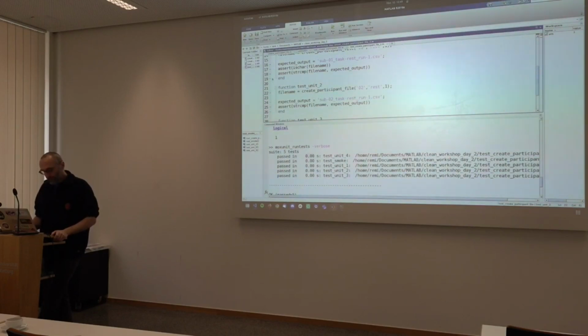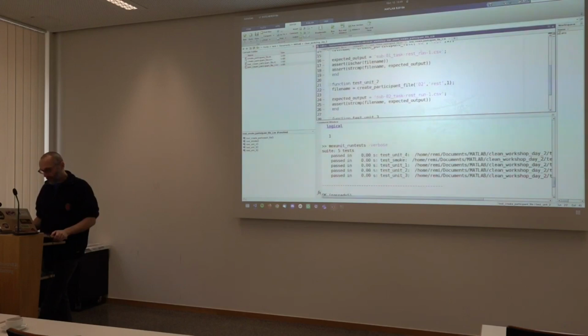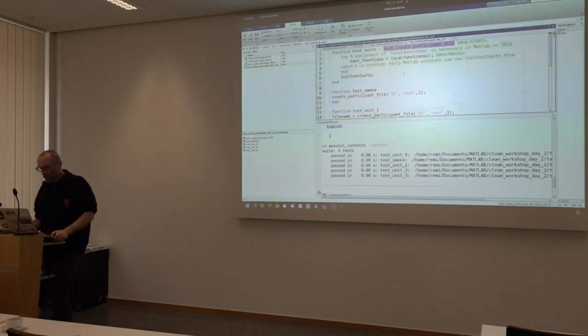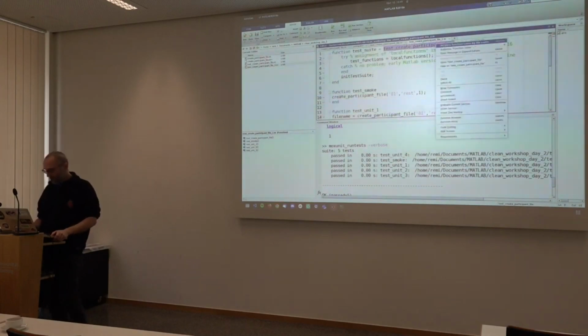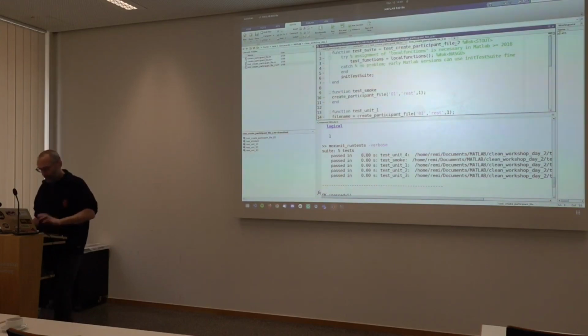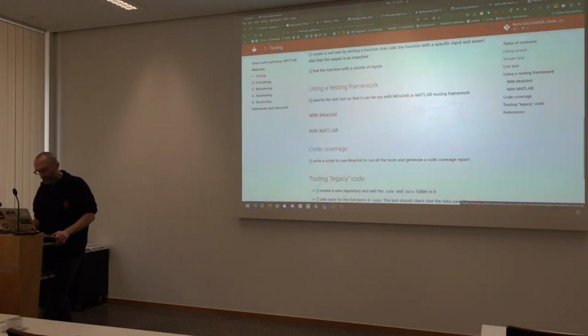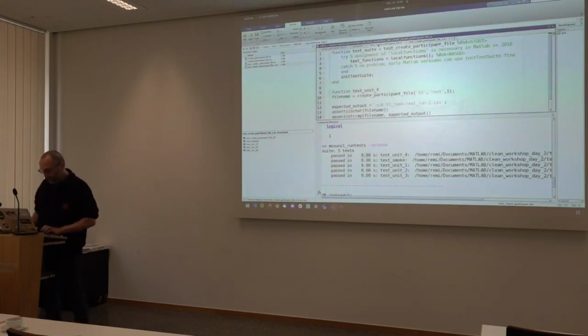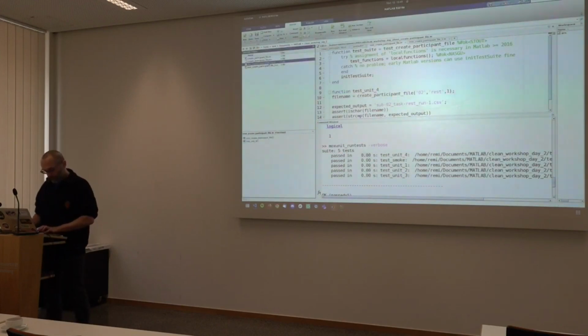Okay, so that's one thing to do with Mux unit. Now, oops, this one is not happy because it doesn't have the right name. There, fixed. Next, let me show you how you would do it with just using MATLAB. So I'm going to take this file and make a copy of it, but I'm going to rename it MATLAB. If I can type, that would be better. Oops, no.